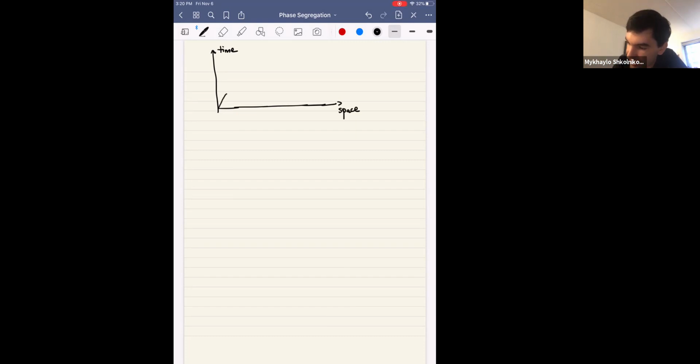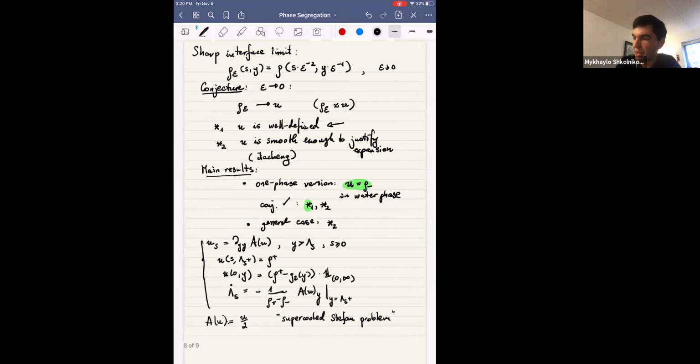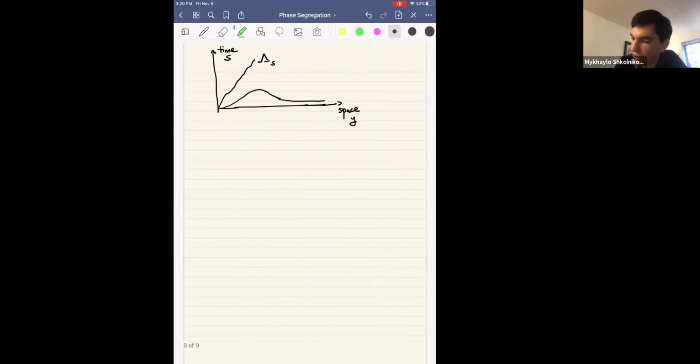So you have this free boundary lambda and my one-phase problem. It depends on time, and here I have space. Now, let me draw this initial condition. Before, I wrote the initial condition as rho plus minus some function G2. Now I will flip the picture and just draw G2. I'll just draw by how much I'm deviating from the equilibrium concentration. And think of G2 now as some sort of probability density.